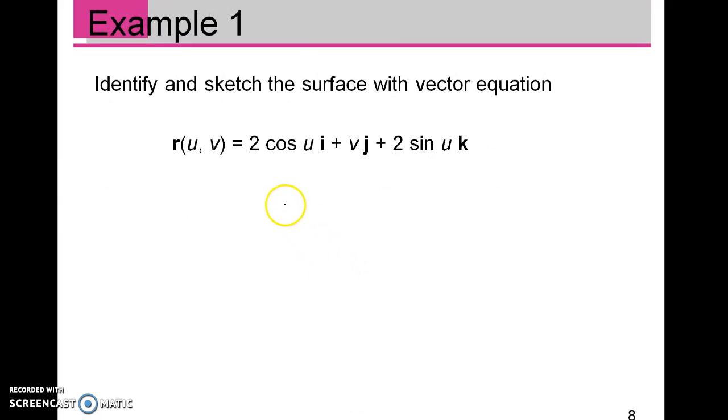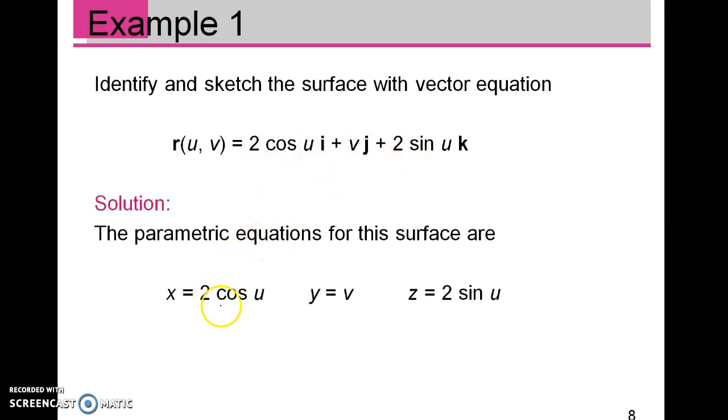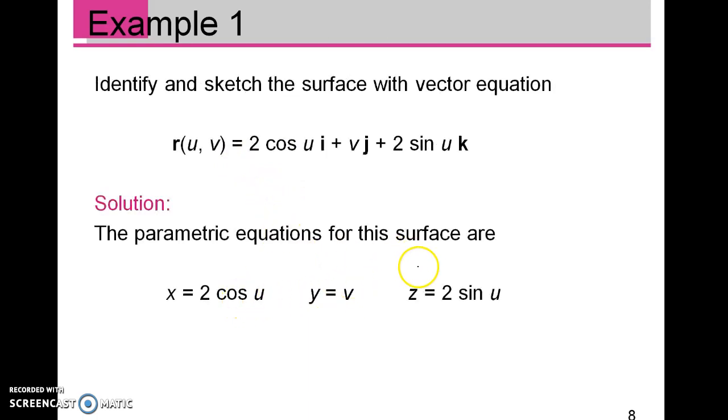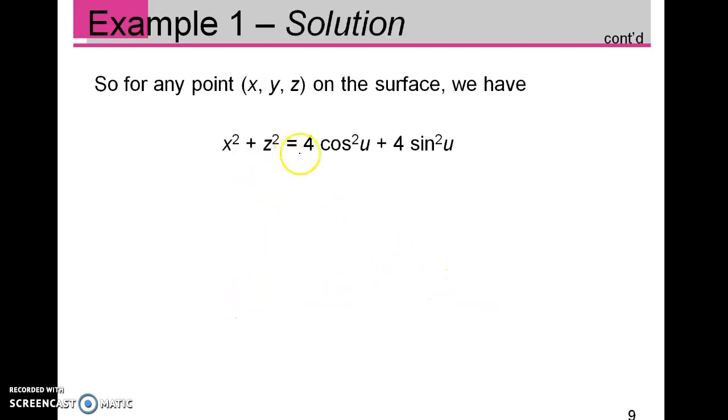So, well, quickly, we're just going to go through example 1. Identify and sketch the surface with the vector equation. So you're looking at this is your x, this is your y, and this is your z. We have the parametric equations as noted. And you'll see that if you take x squared plus z squared, you end up with 4 cosine squared u plus 4 sine squared u. All right? And then by the Pythagorean theorem, we get 4,